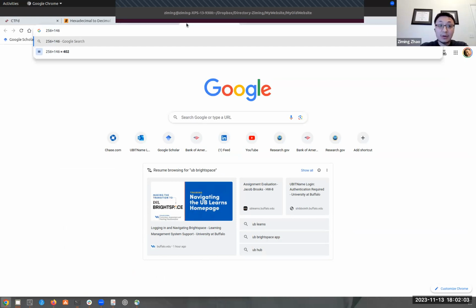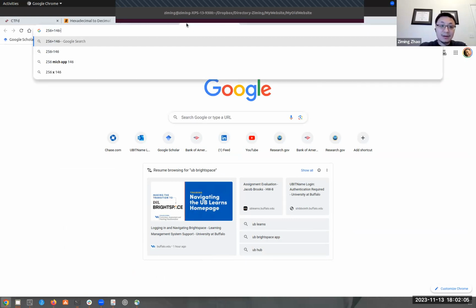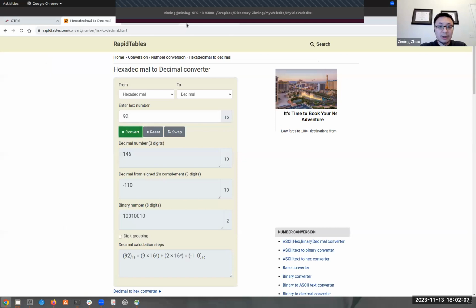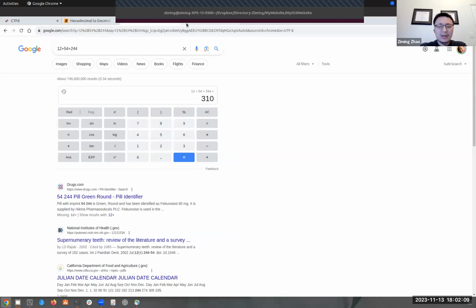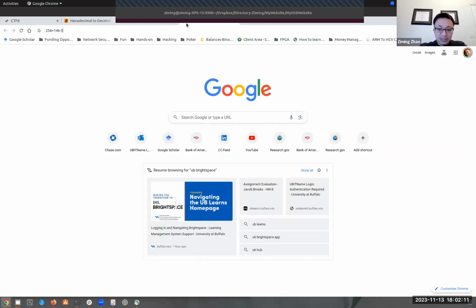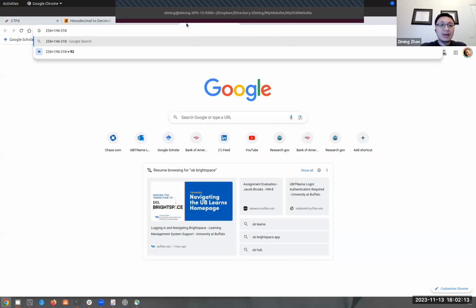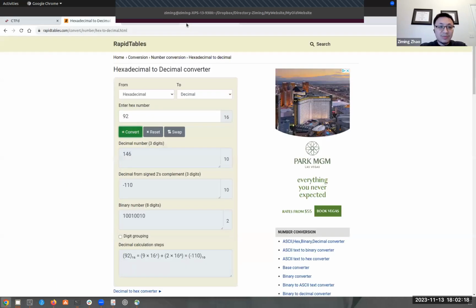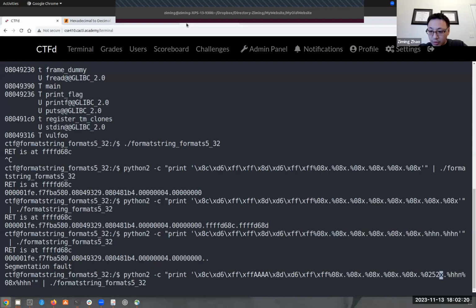146. That's the value we want to write, minus how many we already output, which is 310, which means another 92, but this 92 is decimal. Which means between those, we need to output 92 bytes. So between those two